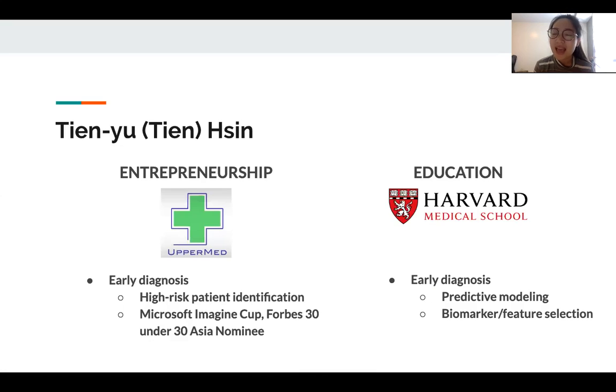Finally, a little bit about me. My name is Tien. I'm a recent graduate from Harvard Medical School's immunology program, where I use more traditional machine learning to help researchers and physicians solve their clinical problems. For example, to name one of the projects I worked on, the problem we're solving there is early diagnosis of breast cancer. The data I analyze is research data where they recruit both cancer and non-cancer cohorts, and then after they get the serum samples, they run